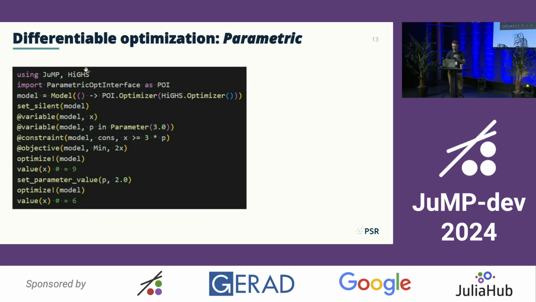Now, again, you're doing everything the same, but now you're wrapping the HiGHS optimizer with the ParametricOptInterface or POI Optimizer. You add your problem. One of your variables is special because it's actually a parameter. And then you can add constraint, objective. You can optimize, query the value, but you can also change the value of the parameter later, and then re-optimize and re-query the variable, which is usually super useful for many applications like stochastic programming or what Andrew was mentioning,